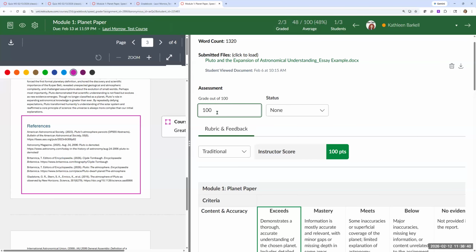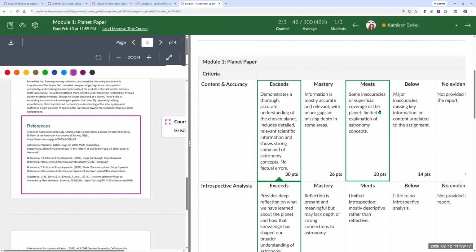If you wanted to give Kathleen a little bit extra points, you can do that. And that will flow into the grade book because she might have done such an excellent job on this particular paper that you wanted to reward her for that. I don't know if that's something that you would want to do or not, but it is an option. Anything over the score that has been assigned to the actual assignment will be counted as extra points. So that makes it very easy to allow extra points for these particular assignments. Using SpeedGrader,